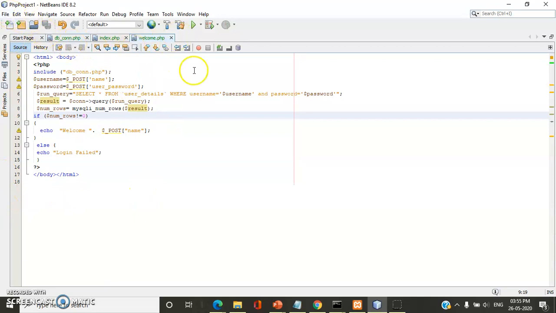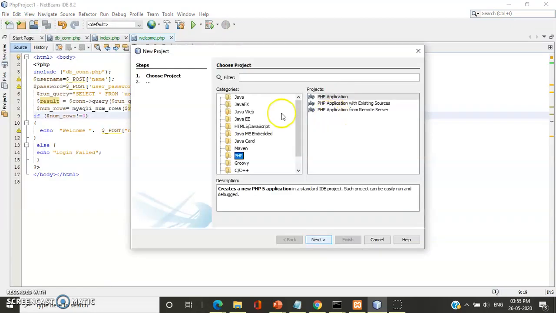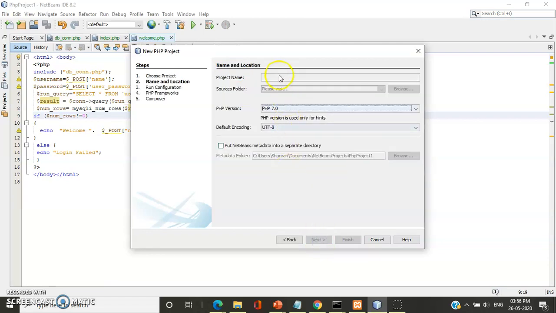You can use this IDE for writing any PHP code. It is very simple. From here you can create a new project and then a new file. When you say new project, you have to choose which project you are creating. You can develop various projects from this IDE. We are using PHP, so you can select that.